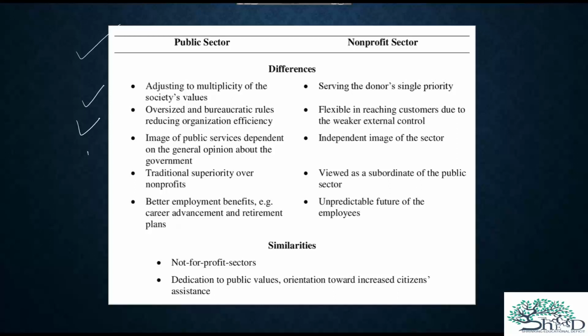We have seen that the image or popularity of public servants is connected with the image of government, but in non-profit there is no such limitation. Usually the public sector includes non-profit. It is superior to non-profit; non-profit is viewed as subordinate to the public sector. Better employment is not that important. Again, the similarities: both are not for profit, they serve the public in the end, and they are both dedicated to public values